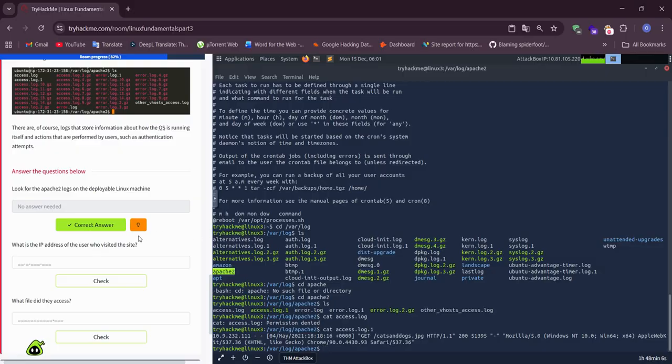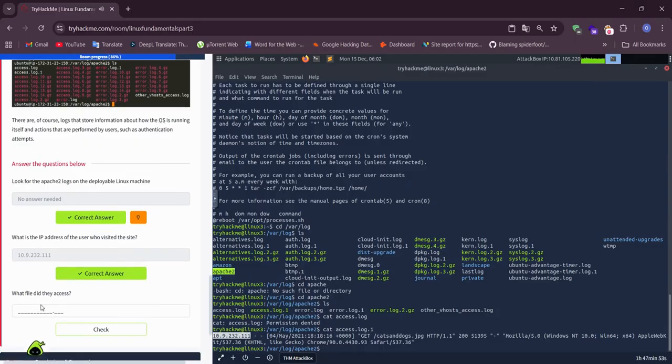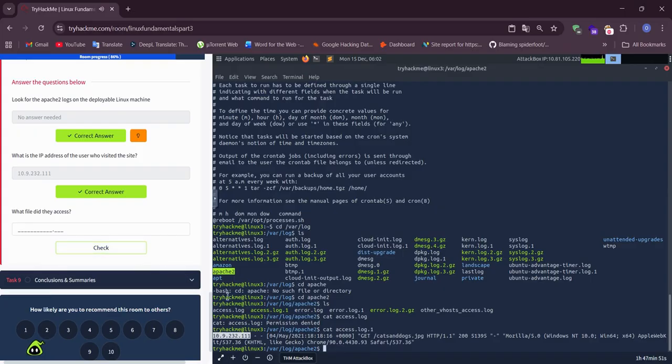What is the IP address of the user who visited the site? The user's IP address is that. Copy and paste. What file did they access? The file is that, which our user accessed.